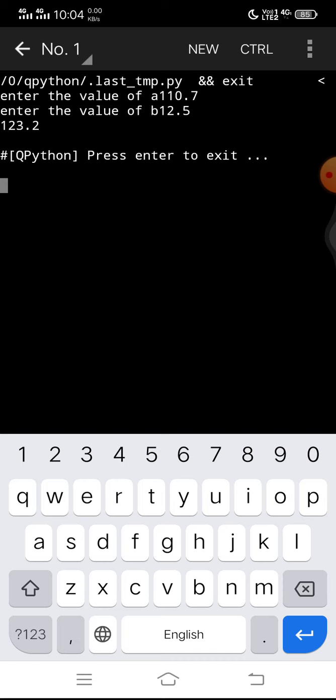You need to remember only one point, that whenever we are using the input function, it will always return the value in string data type. And if we want to use the value as integer or float, then we need to explicitly convert by putting int or float at the start of the input function. I hope the concept will be clear to you.